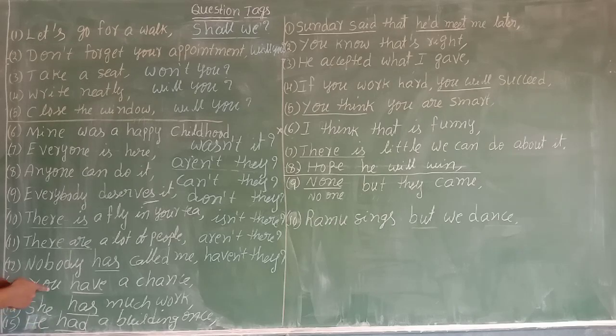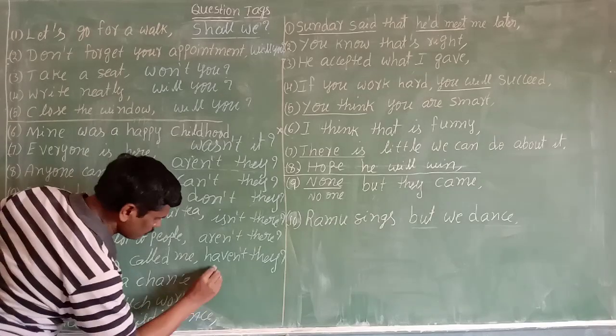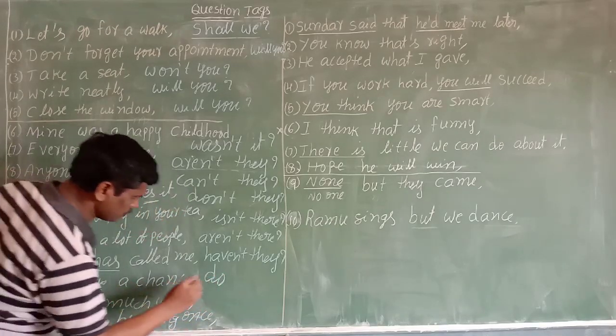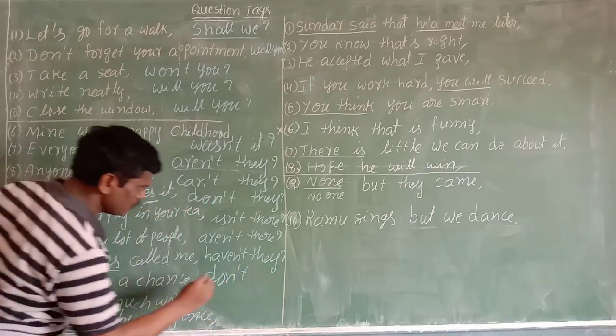In the same way here you see, "you have a chance". What is the question tag? In 10th class or intermediate, some students write "haven't you?" Of course, in paper evaluation time, we also give the correct answer. But actually, in high range competitive examinations, "have" is a main verb. Already I told you, when there is no helping verb in the given sentence, we use do or does or did to form question tag. Here this is the main verb. So the correct answer is "do", no negative word, that is "don't you".